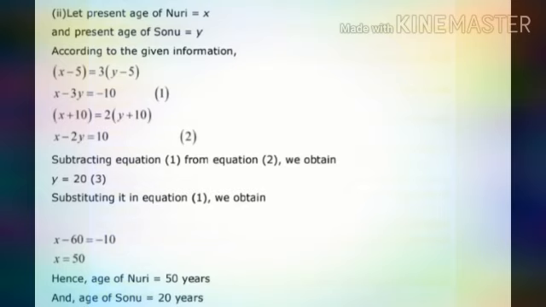So on subtracting, again the coefficient of x is the same, so we can directly subtract these two equations and we can solve. Now next is